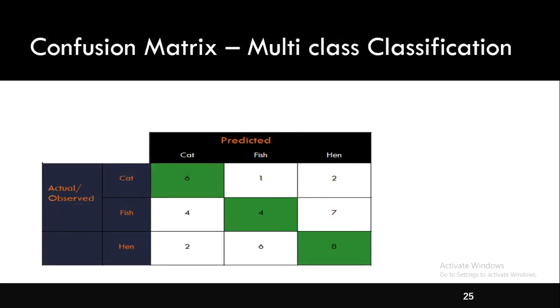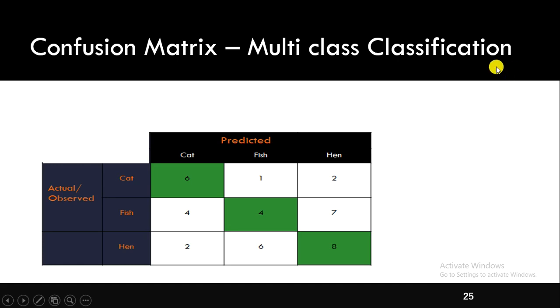And in case of multi-class classification, the confusion matrix deals with multiple classes, that is more than 2 classes. Just like the 2-class confusion matrix, it describes the performance of a multi-class classification model. Let us assume that our multi-class classification model classifies images into cat, fish and hen. Since we have more than 2 classes, it is known as a multi-class classification confusion matrix. Since we have 3 classes, it is a 3x3 matrix. If we have 4 classes, the confusion matrix will be a 4x4 matrix.